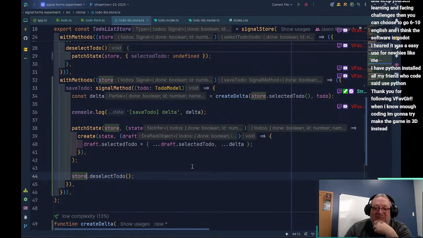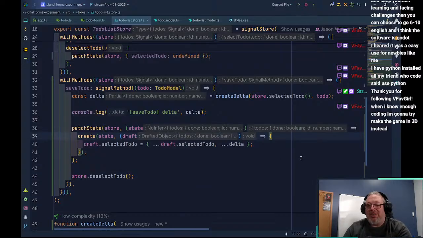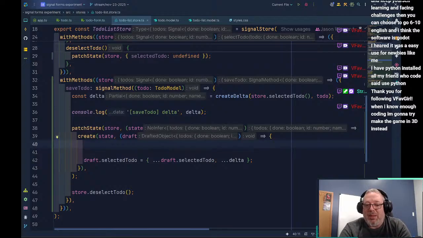What I should have done is, inside of here, we need to find the index of the selected todo. So we can say const index equals... I don't know why it's trying to say index has a value.